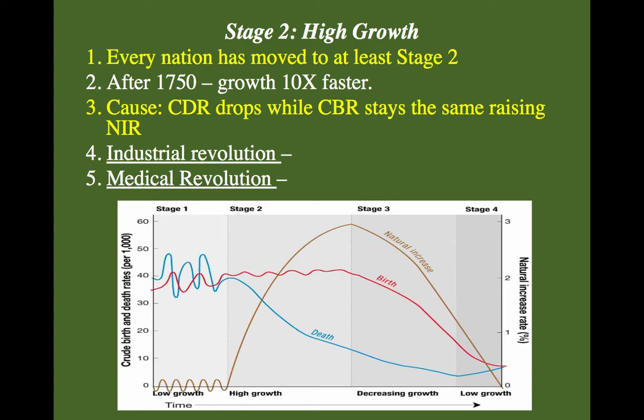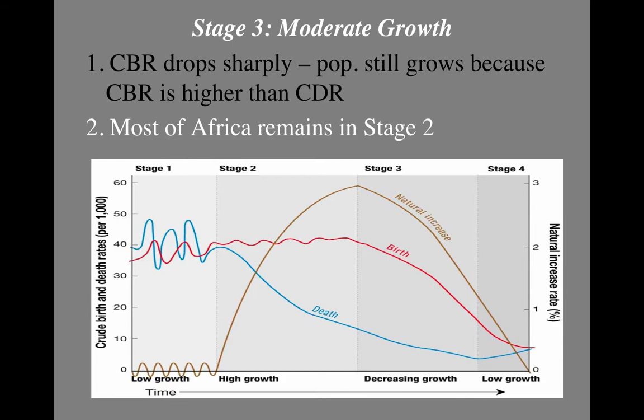You were essentially seeing, if you look at the graph there, the natural increase rates skyrocket because the births have stayed the same. But because of the Industrial Revolution, the medical revolutions, the death line begins to drop. And the math is simple. That's why when you have a huge gap like that, the math tells us the natural increase rate is going to get much higher. Do you want to stay in this stage very long? No. We want everyone in there, and everyone's made it. The goal is in stage 2, get out as fast as you can because you want to get into stage 3. This is where we begin to see a drop in the natural increase rate.